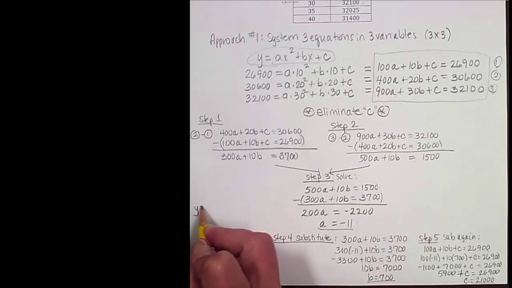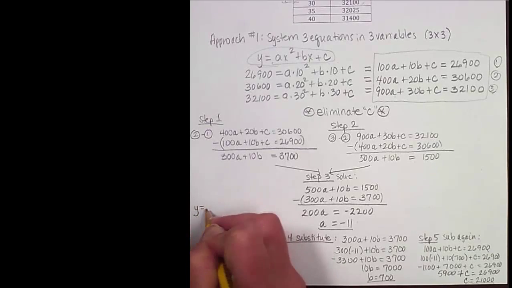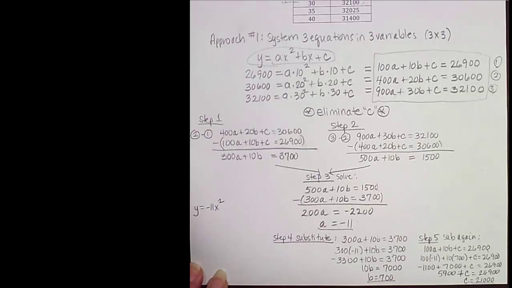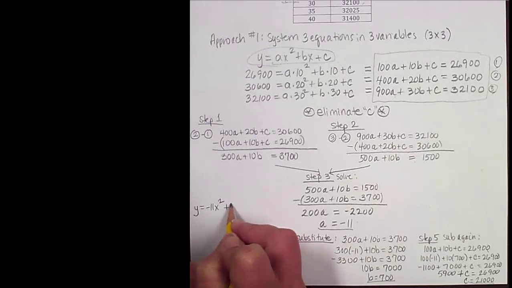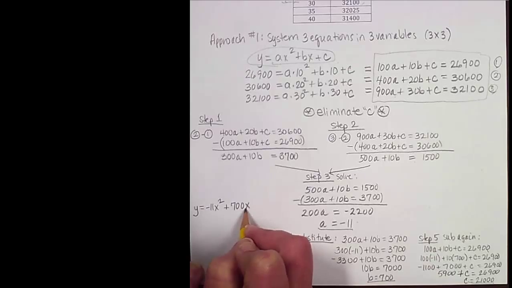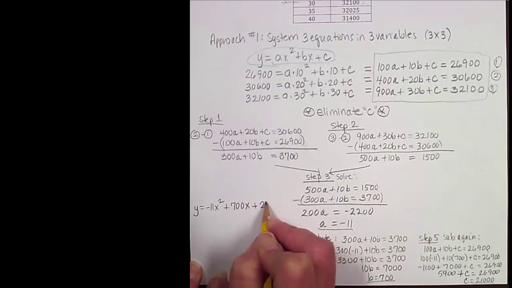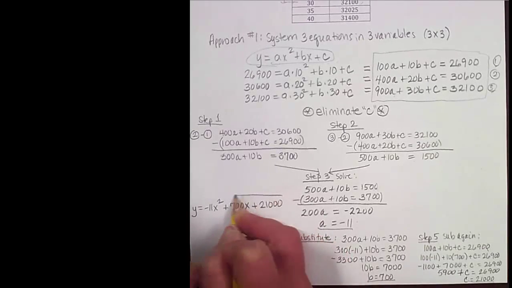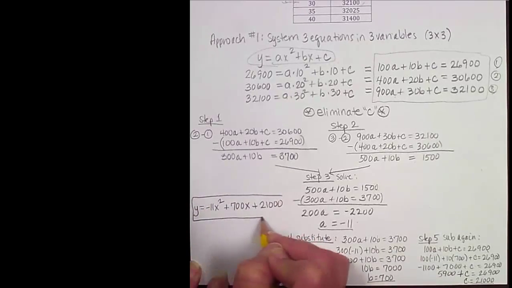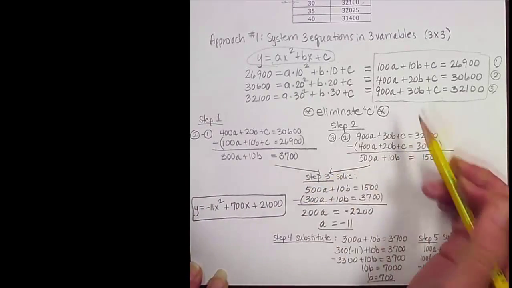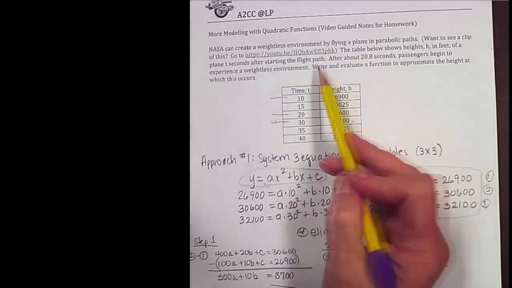So we need a function in the form y equals ax squared plus bx plus c. So now we can substitute our a, b, and c into that function. So our function is y equals negative 11x squared plus 700x plus 21,000. There's the function that models the path of the airplane,